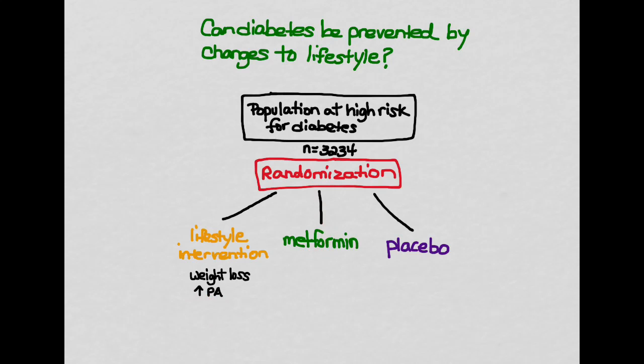The metformin intervention was to take a metformin pill on a regular basis, every day or twice a day. And then the placebo was the same. It was to take the placebo every day or twice a day, whatever the particular person was prescribed. Now, what happens, of course, is that people do not do what they're supposed to do.